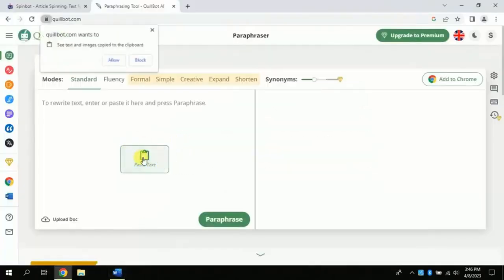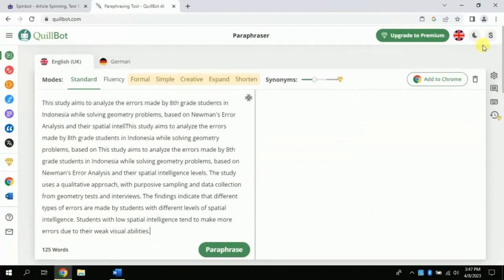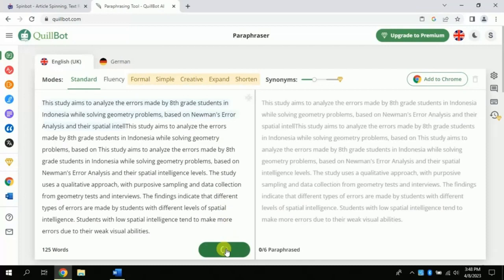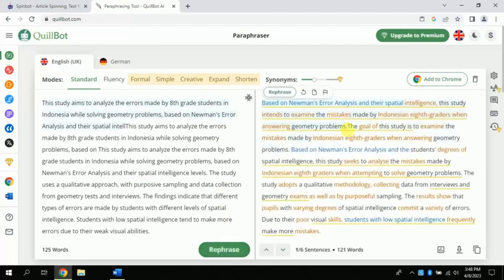And you just need to paste here. Click the paraphrase and see the magic. Boom! Here you go, everything paraphrased. You can see the text it has changed now.